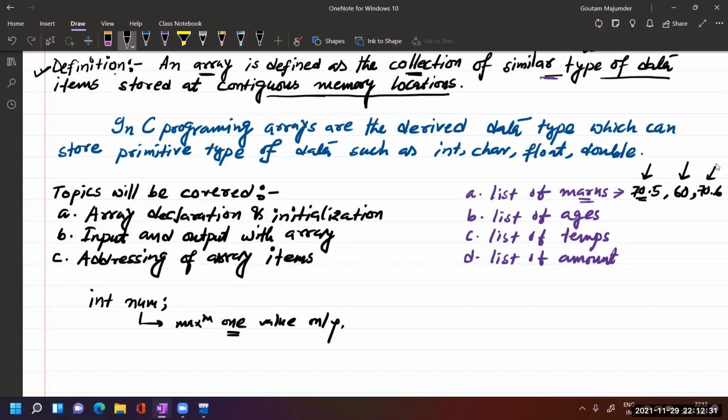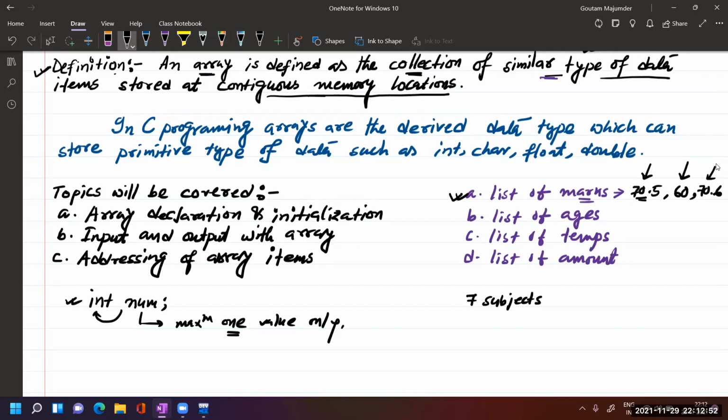So this is a simple integer type variable which can store one value only. But when you want this kind of information, suppose you were given an exam where there are 7 subjects, what will you do?